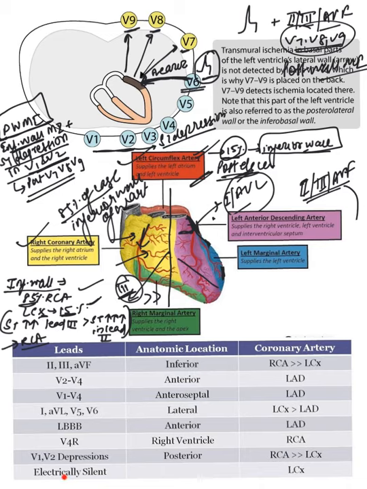Electrically silent, some of the MIs can be missed. Suppose a patient has come with chest pain and cardiac markers are positive, and still there is no ECG change. So this is called an electrically silent MI. Some of the myocardial infarctions that occur in the left circumflex artery territory can be missed on a normal ECG, and hence MI in this arterial location can be missed on ECG. It can lead to electrically silent MIs.